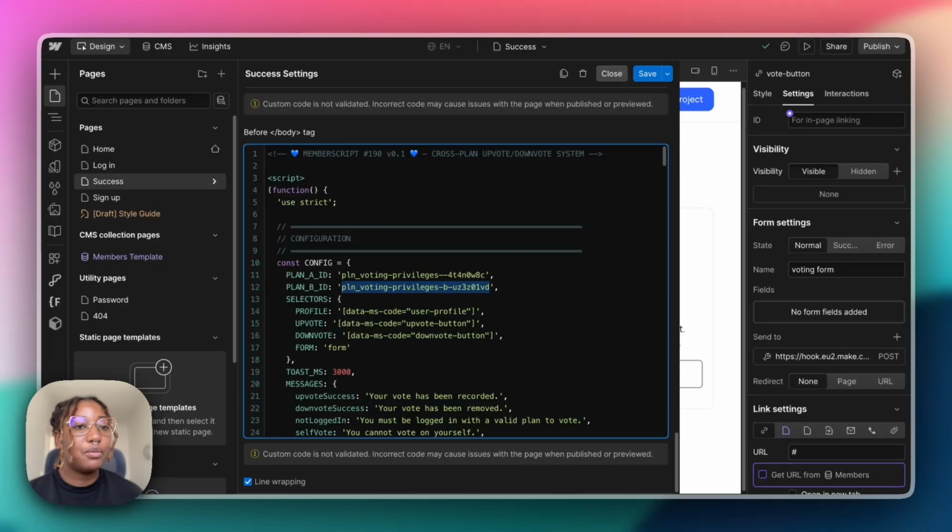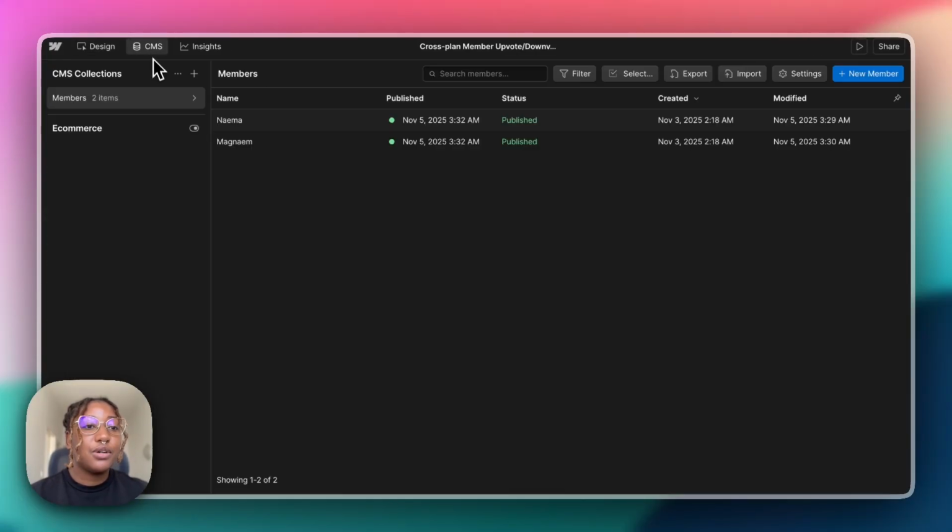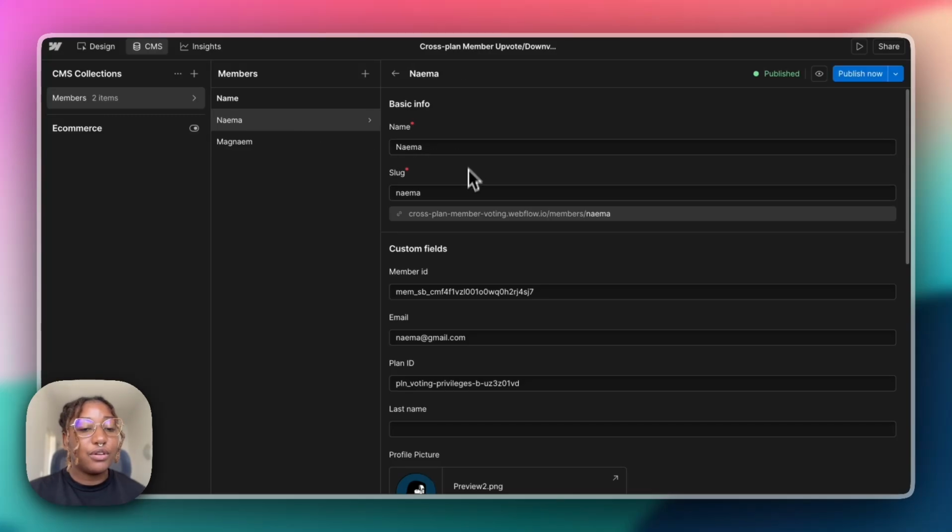And you're going to need to set it up with the Webflow CMS as well as Make for automations. So within the Webflow CMS, you are going to have a members collection. And within the members collection, you're going to have the following fields. You're going to make sure that you have a member ID field, which is going to be their MemberStack member ID, and then a member email. So all of this information is pulled from MemberStack, and you can set up an automation so that every time a user creates an account on your platform,